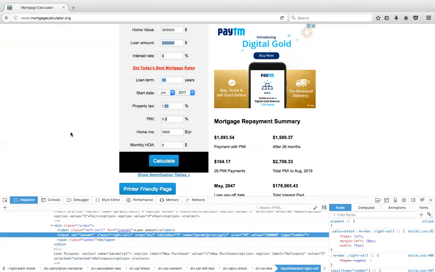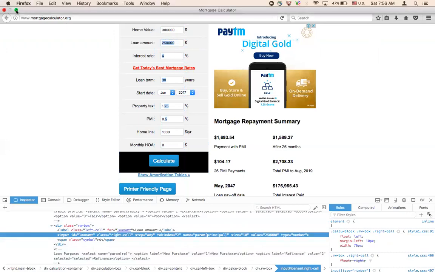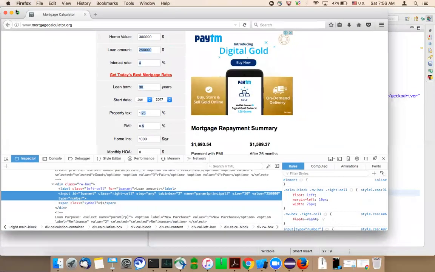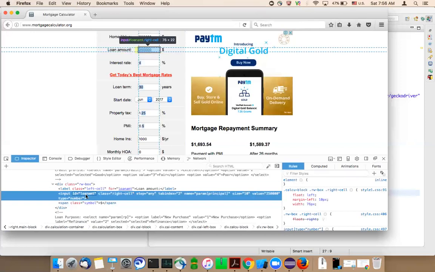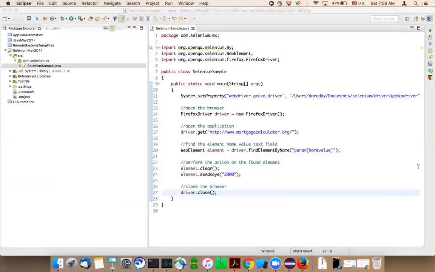I said we better avoid tag name because you get multiple elements, and also better avoid class name because you get multiple elements. Now you have ID and name. Let's go with ID. There is a possibility that two employee names are the same, but there is no possibility that two employee IDs are the same. ID is always 100% unique. You can go with the ID.